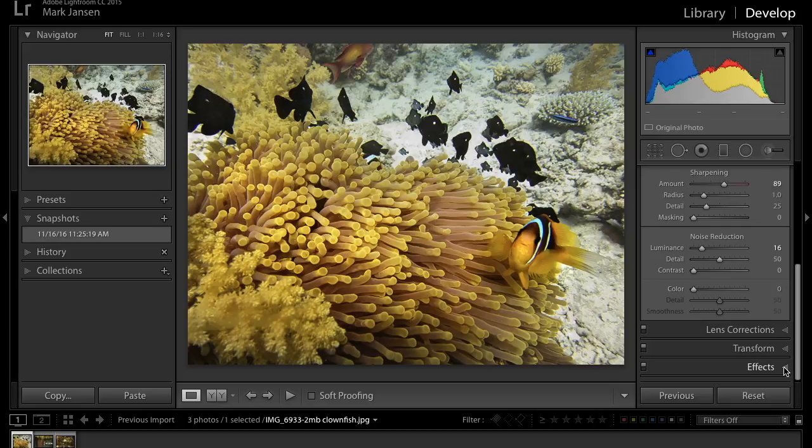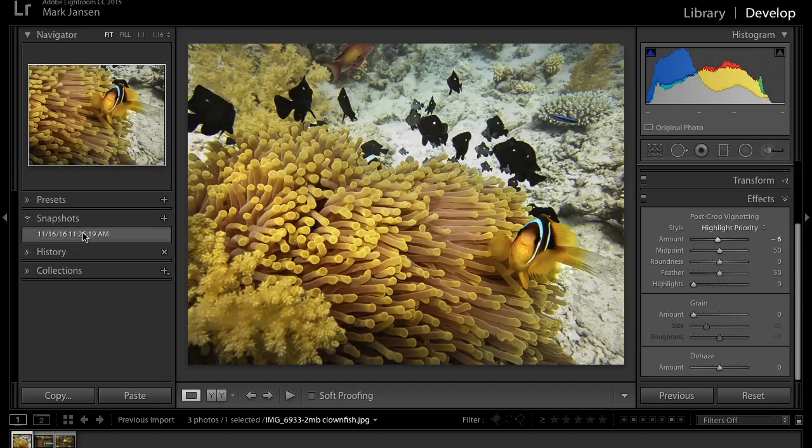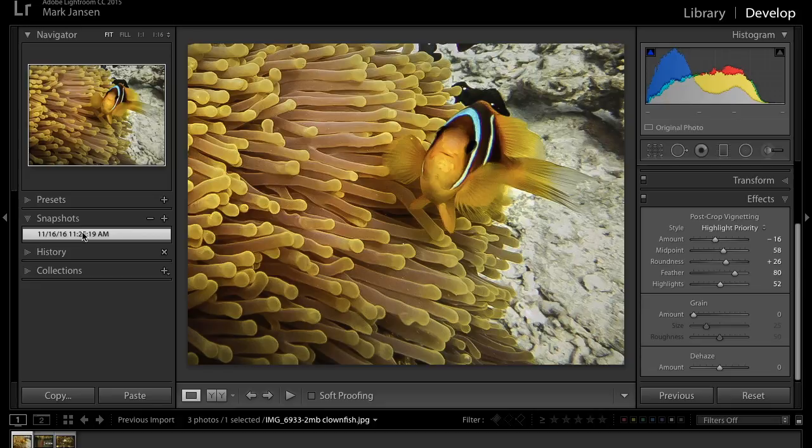So then if I go down and do some post-crop vignetting, again, that's going to bring your eye more towards the clownfish, and these guys are not really adding to the picture. So what I would suggest is to maybe crop it down so that the clownfish becomes your main subject here. I'm not sure what the resolution is on that particular picture, but if you crop it to something like this, it becomes really quite interesting, where you get the detail in the coral, you can see his face and his fins,